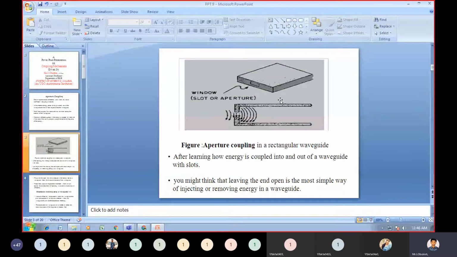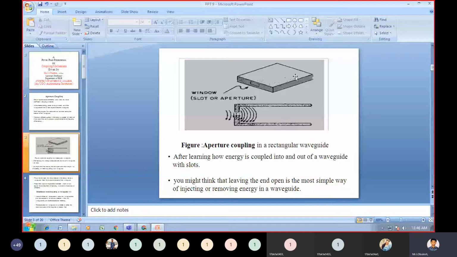So in the rectangular waveguide, the electric field direction is like this. So if the electric field is induced, what will happen? The current flow will also happen inside the circuit. Yes, sir. So after learning how energy is coupled into the waveguide as well as out of the waveguide with slots,